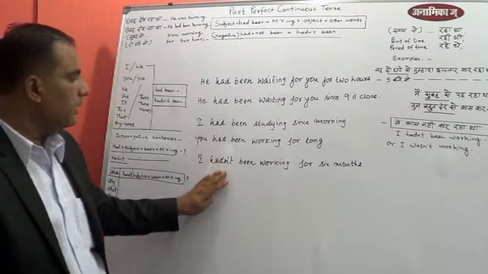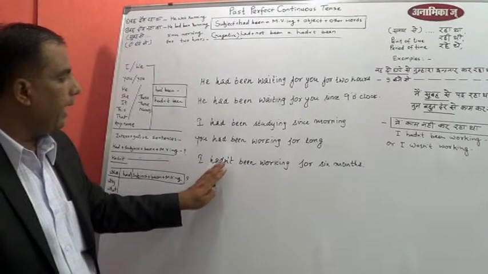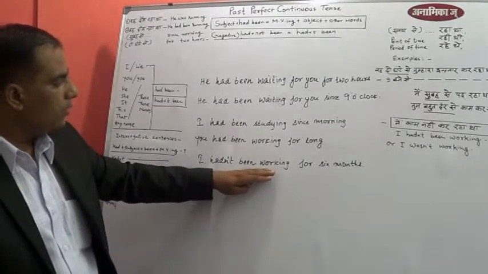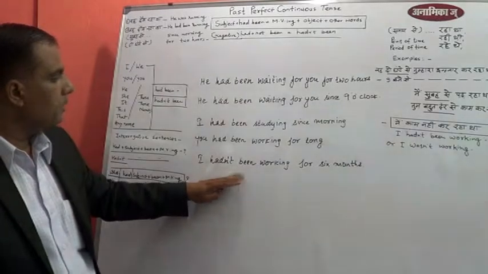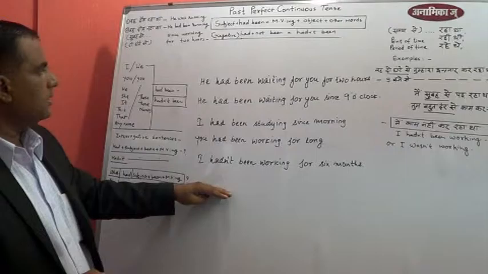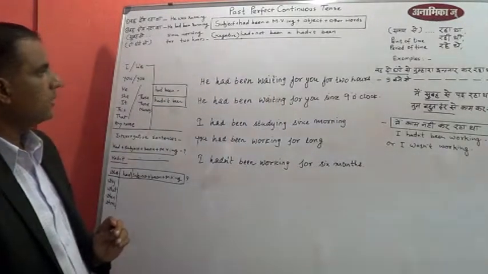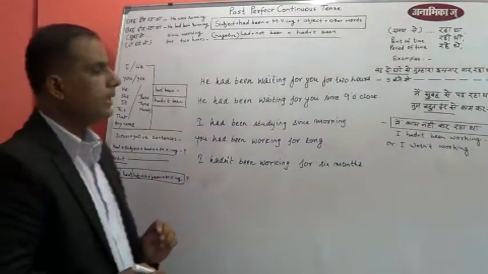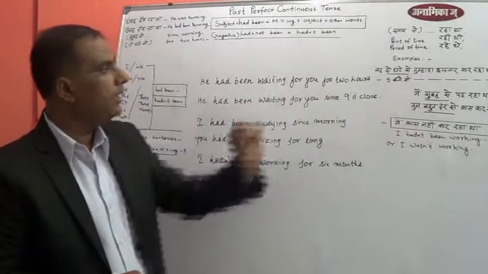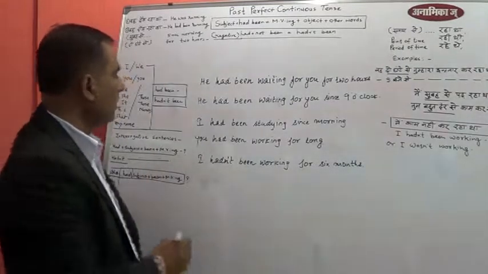तो देखा आपने किस तरह से हमने had की जगह hadn't लगा के सेंटेंस को नेगेटिव बना दिया है. Similarly, we can make negative of any sentences. Let's take this sentence. He had been waiting for you for 2 hours. वह 2 घंटे से तुम्हारा इंतजार कर रहा था. अगर हमें यह कहना है कि वो 2 घंटे से तुम्हारा इंतजार नहीं कर रहा था, so we can write